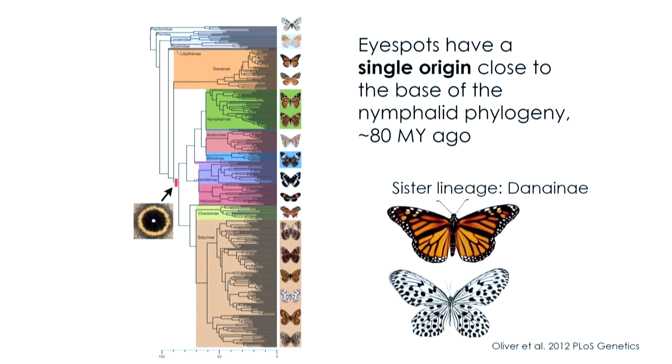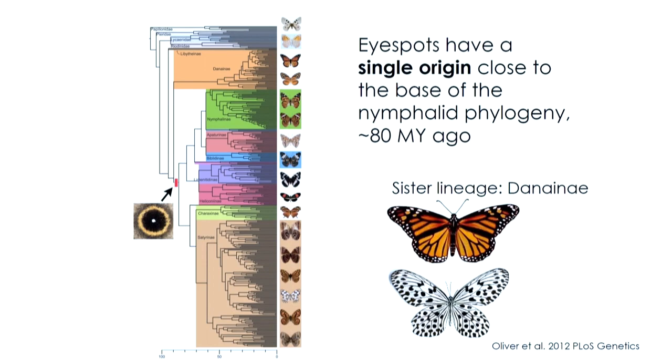So work by Jeff Oliver and other people in my lab a while ago, by scoring using museum specimens, this is 400 genera of nymphalid butterflies. By scoring presence or absence at the tips, we sort of inferred that eyespots evolved once, so they are homologous